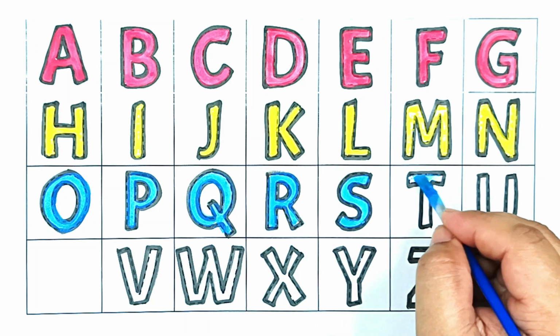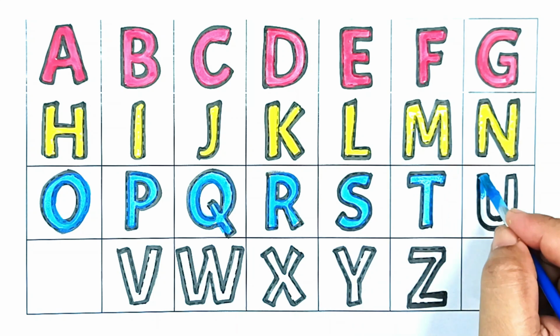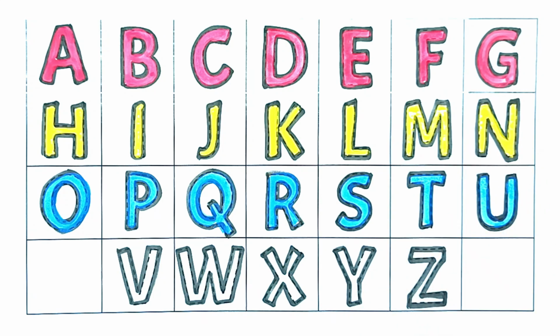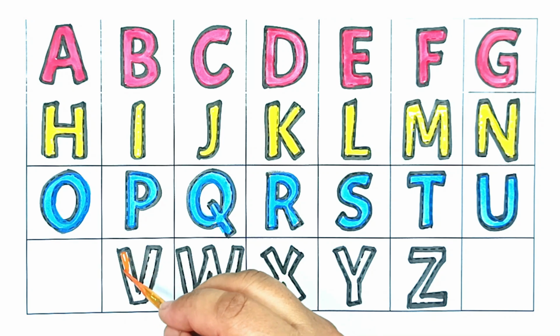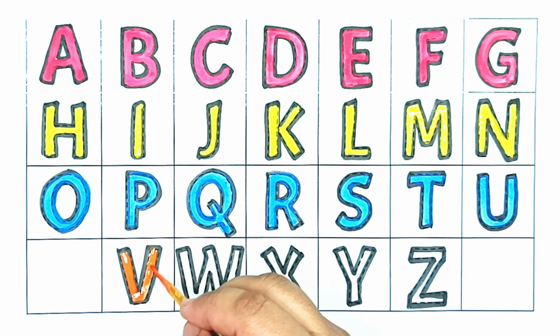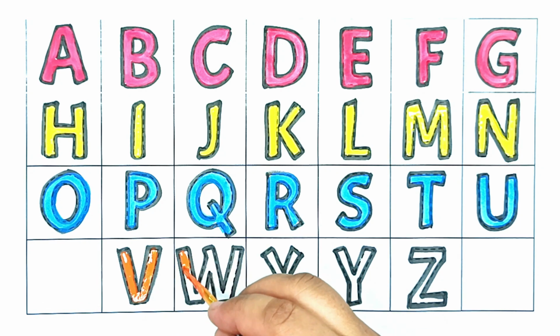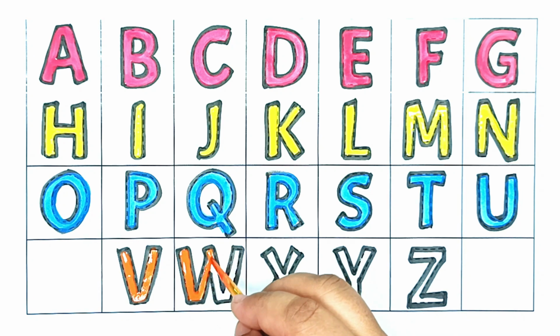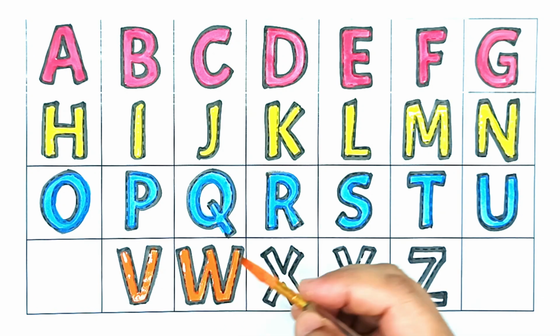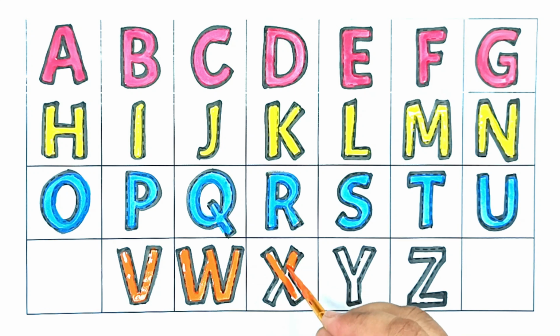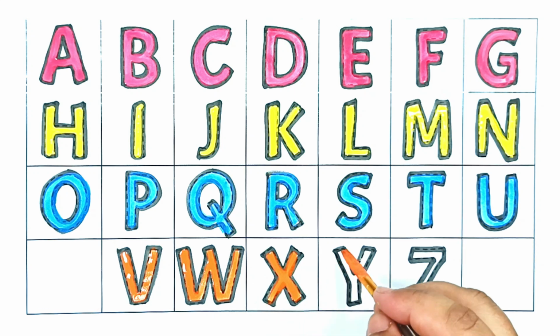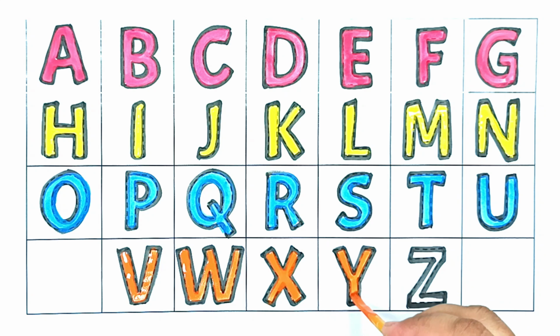S for star, T for train. T for train, U for umbrella. U for umbrella, V for van. V for van, W for watch. W for watch, X for xylophone. X for xylophone, Y for yacht. Y for yacht, Z for zebra. Z for zebra,